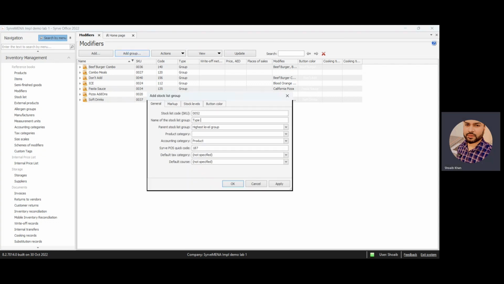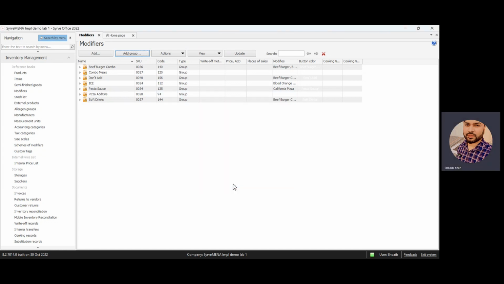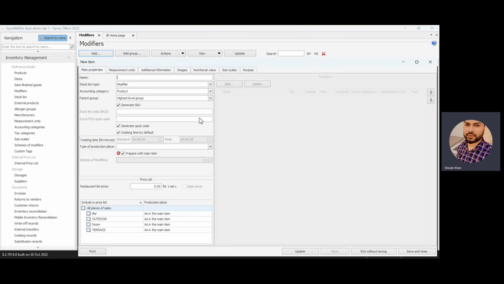For creating the modifier group, you just have to click on the add group button. Then you have to define the name. Once you have added the name, just click on OK. So now our modifier group has been added. Any empty group will not be displayed until and unless it has any items inside it. So for now, we are going to click on the add button to create a modifier inside the type of milk